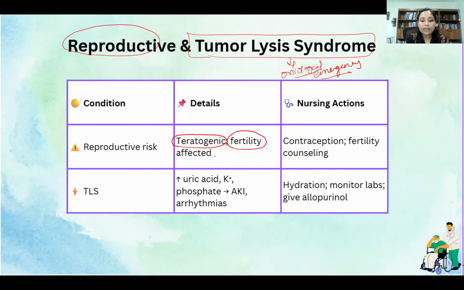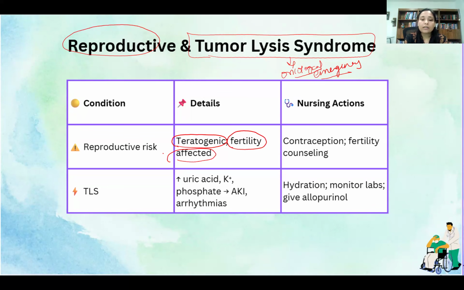Fertility can get affected. So for younger patients who are diagnosed with cancer, we should give them different options like sperm banking, adoption, surrogacy, all these different kinds of options that we can give to the patient. Depending upon the type of cancer, age, so many things we need to consider, but there are different options that